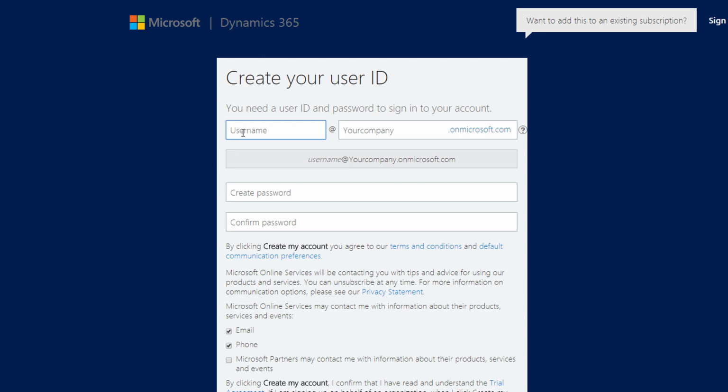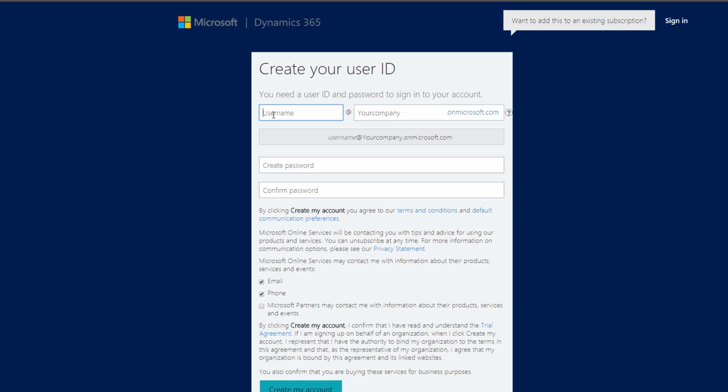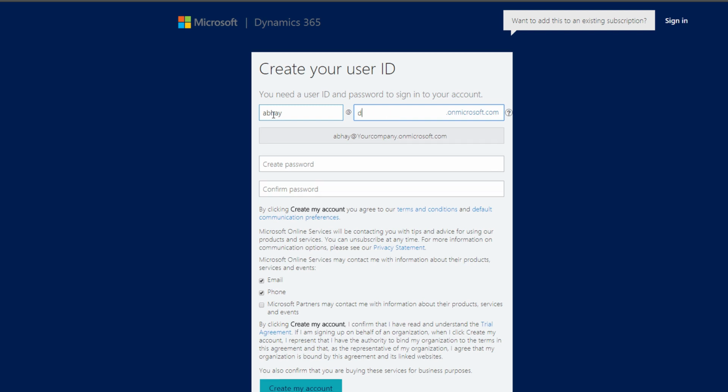And then I need to create the user. So I'll just create the user as Abhay, and here I need to choose the instance. Okay, what will be my organization name? So your company name. So I'm going to use it same as my email address, and the domain,